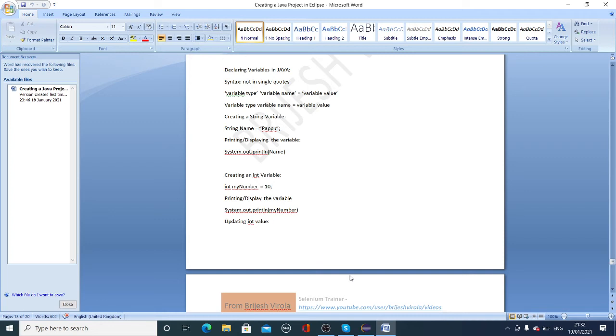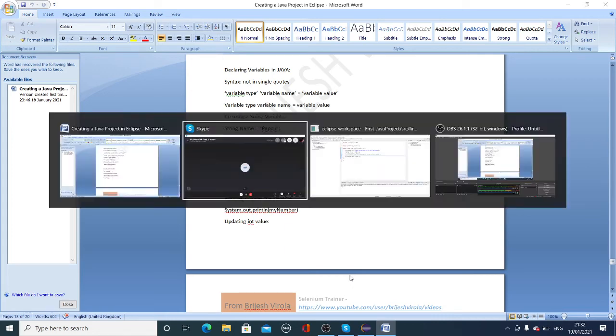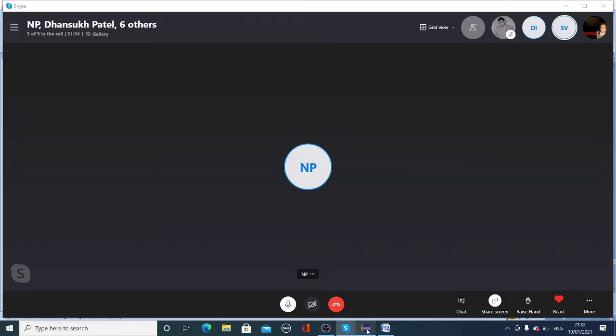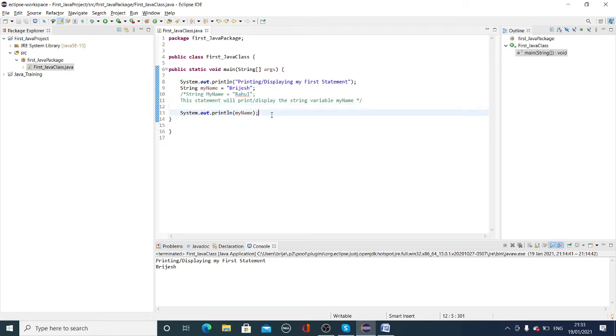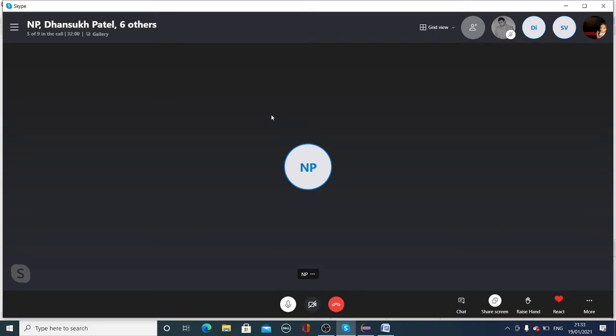So this string data type is not in single quotes. You need to use double quotes here. So here it says variable type, variable name equal to variable value. So string, what is that string?